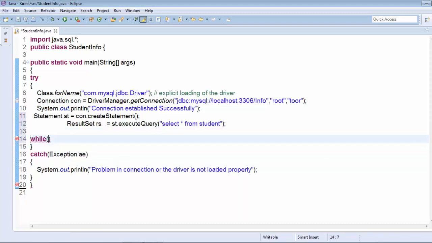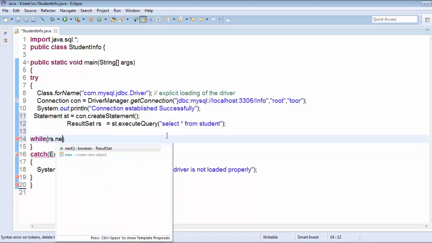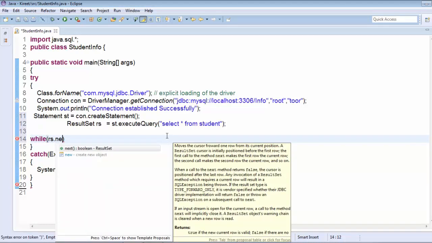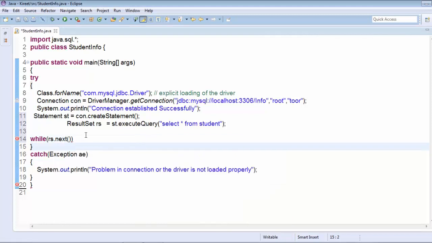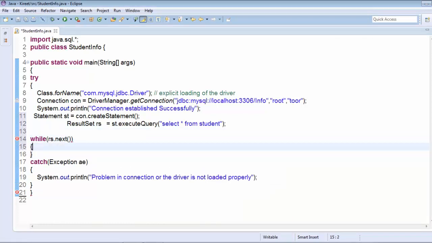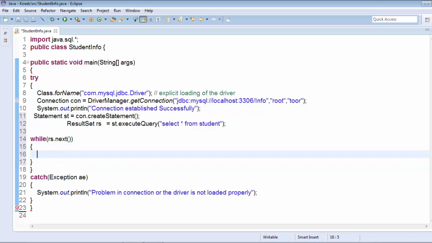While rs dot next, here you can see next is a method. So while rs dot next is used to process the results, to fetch each record from the database.